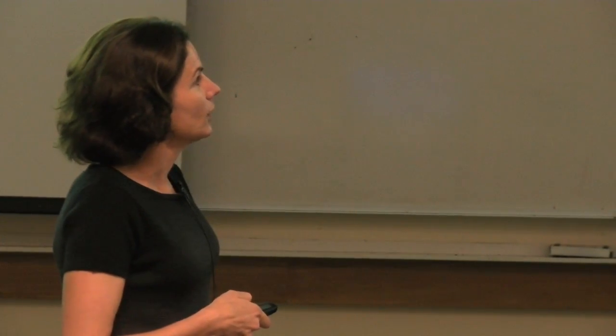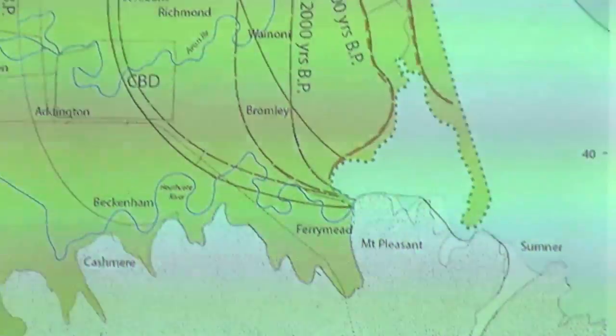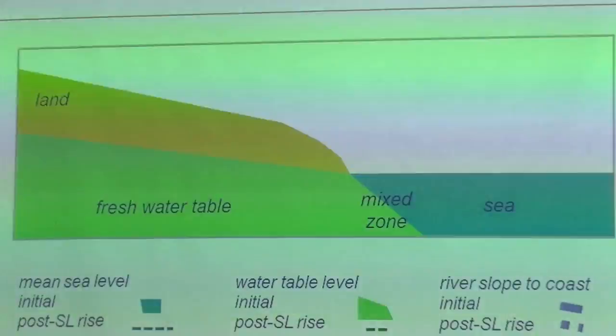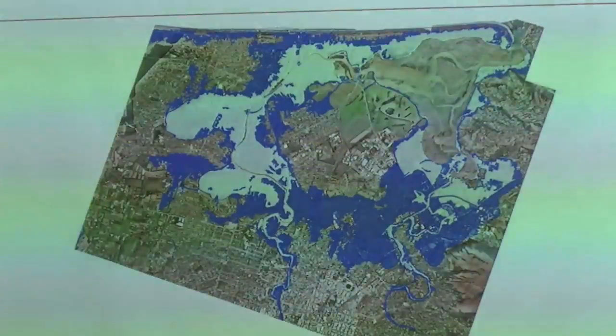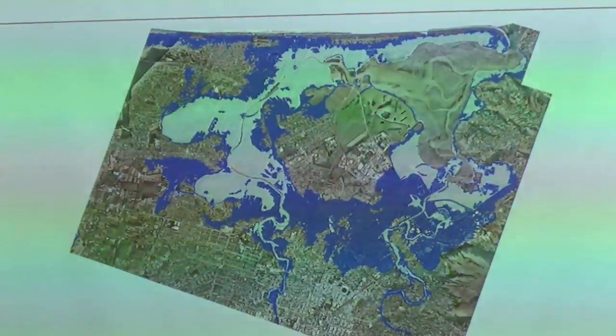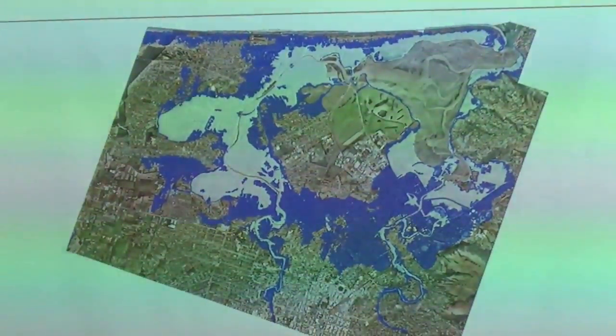But these are the consequences of building on a Holocene progradational plain. So when I showed you the dynamic coastline before of Christchurch and how it's formed, this is all formed east of Riccarton across the Holocene. So when I say a Holocene progradational plain, I mean this very recent surface. Now, Holocene progradational plains, nice flat areas, are well developed in most parts of the world. So this is not a unique situation for Christchurch. This is actually a very common situation globally. Tokyo is another good example of a city built on a Holocene progradational plain.